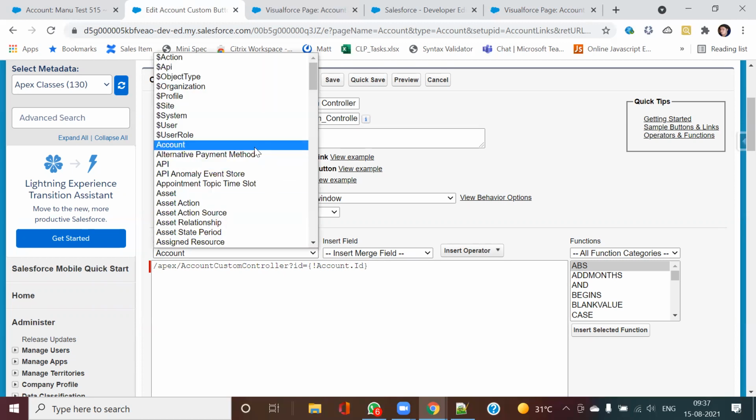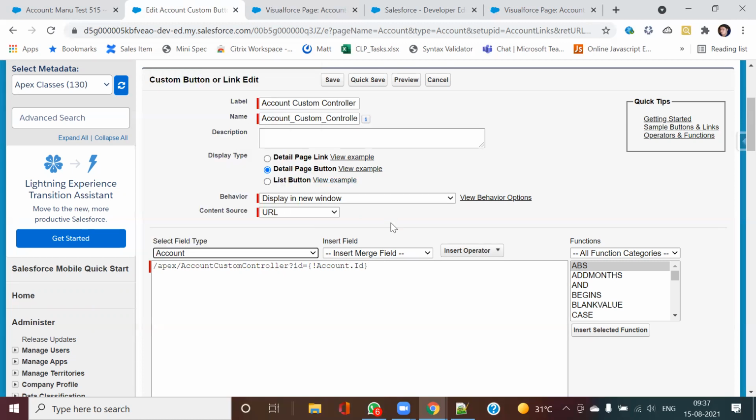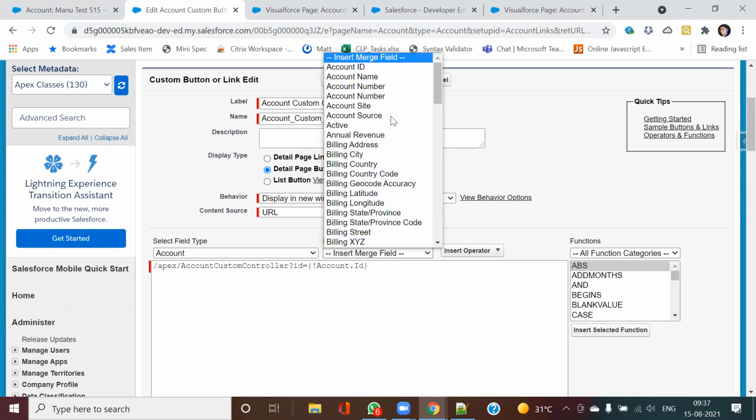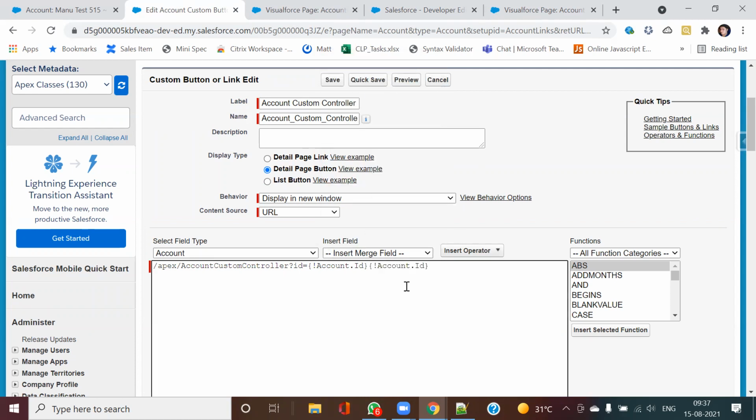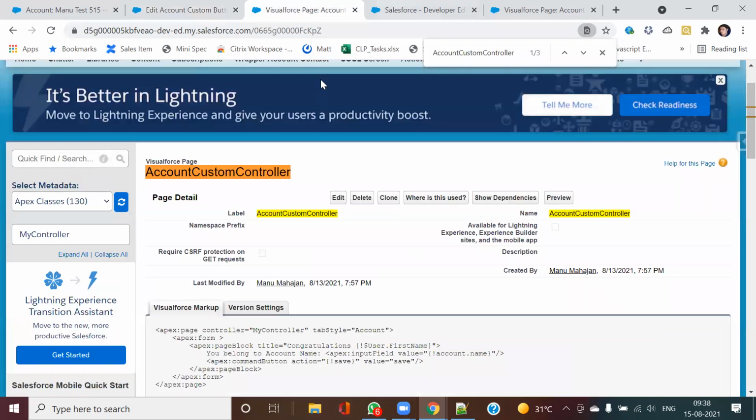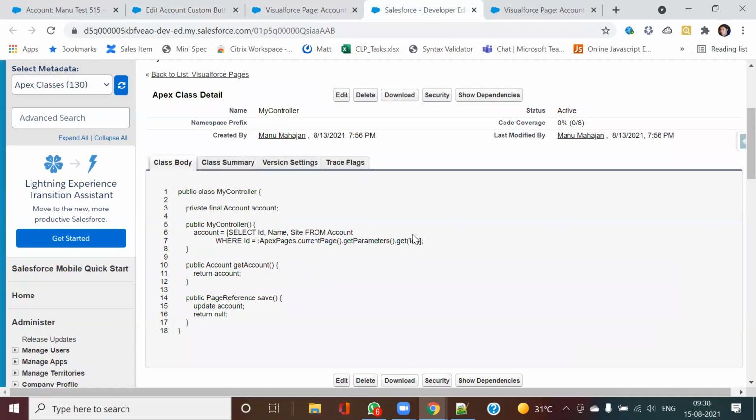So here, if you see, you go to the account, my object is account. After that, this is how it's coming. So now here, what has happened? I have got my account ID record. So this is the parameter that is getting my account ID. Based upon that, I am fetching the account record. That is part one. So this is how the record is being fetched in your custom controller.